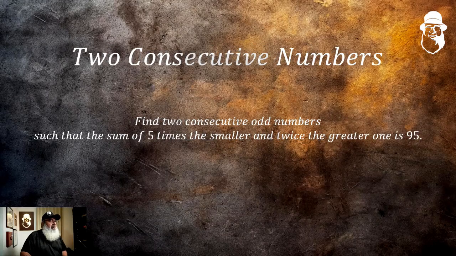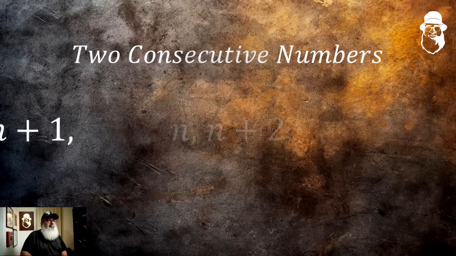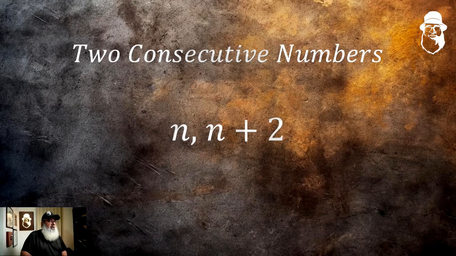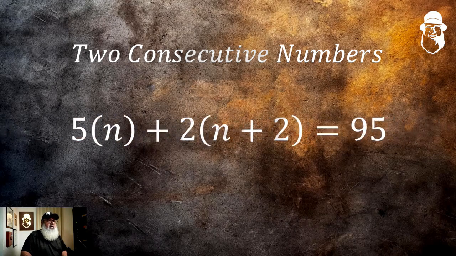Now, here find 2 consecutive odd numbers such that the sum of 5 times the smaller number and twice the greater one is 95. So according to the question, we have 2 consecutive odd numbers, and we know that odd numbers go up in twos, meaning there is a difference of 2 between any 2 consecutive odd numbers. So, let's say those 2 numbers are n and n plus 2, and the question says that 5 times the first number